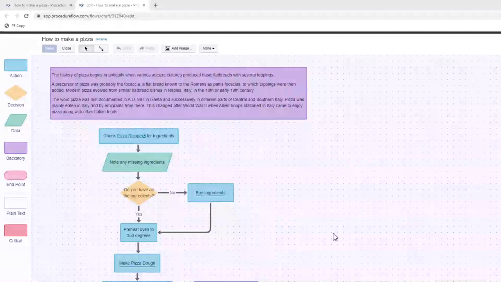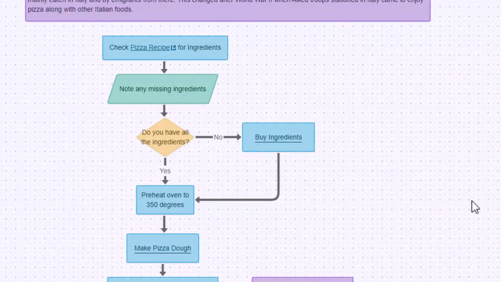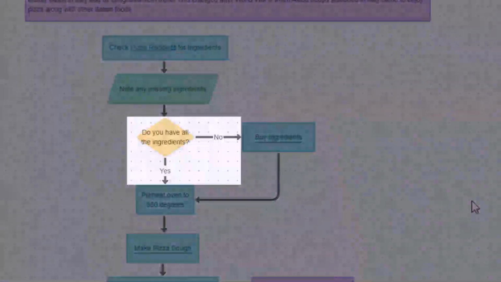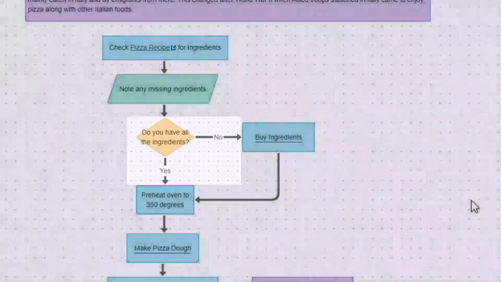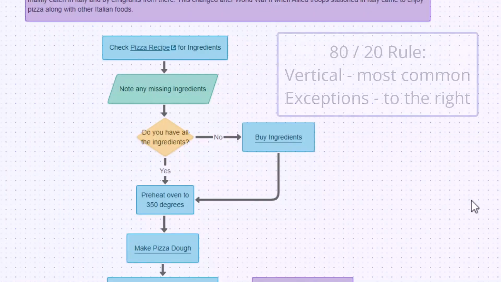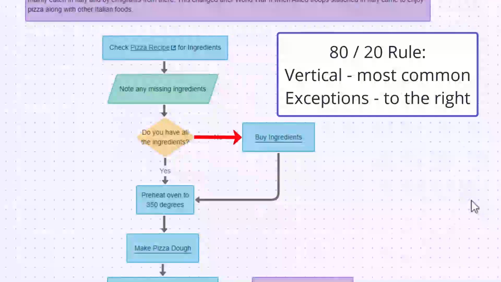Of course, there are exceptions. When mapping down the main spine of the canvas, there is often a decision to make, as you can see with this example. The question, "Do you have all the ingredients?" is in a decision diamond, which indicates a fork in the road. The viewer needs to make a choice when they see a decision diamond. In cases like these, we try to use the 80-20 rule when mapping, meaning we would continue mapping vertically for the most common scenario, and we'd map the exceptions to the right of the decision diamond, as you can see